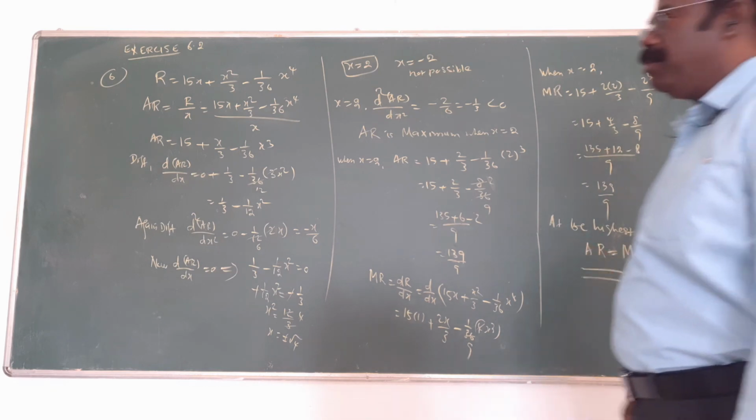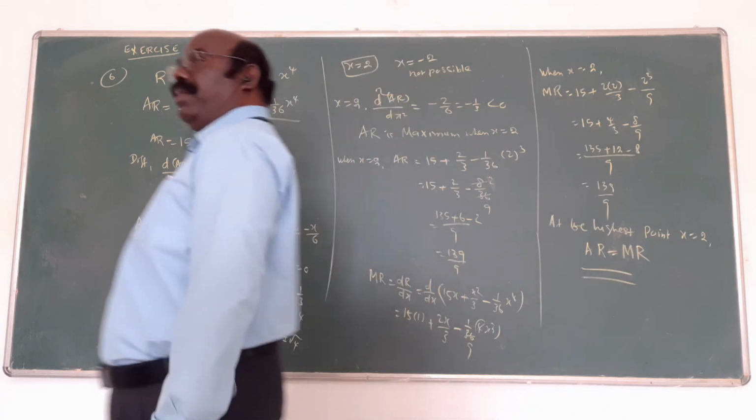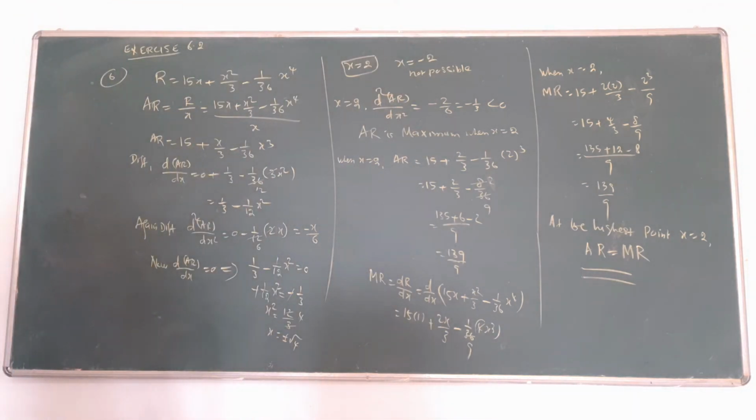The maximum, minimum: the average revenue is maximum or highest means you will find the average revenue. Then the average revenue should be differentiated one time, two times. One time is equal to 0, you will find the x value. Suppose the x value is found, then the second derivative. This is going on. Mind it. All the exercise problems are over. Then refer to the exam problems yourself.